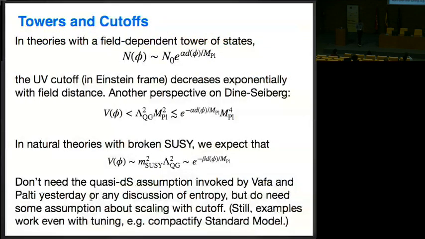Now, one thing I want to mention, there was some discussion yesterday of the Dine-Seiberg problem and the fact that when you go large distances in field space, you tend to find potentials that are kind of exponentially falling. And there were some nice arguments that Cameron and Aaron mentioned related to entropy and de Sitter space. I want to just mention a slightly different point of view on that, which I think is maybe a little less crisp and precise than what we heard yesterday, but which comes directly from thinking about these cutoffs, which is